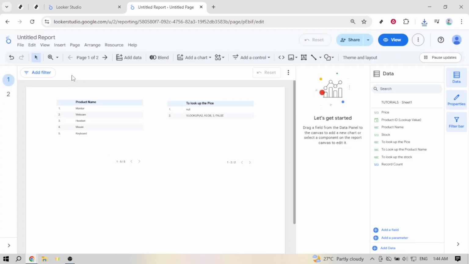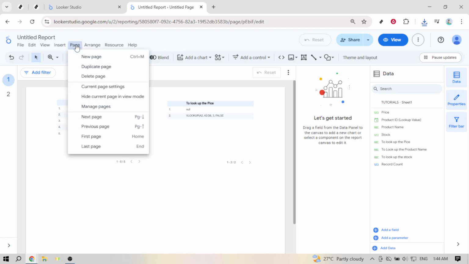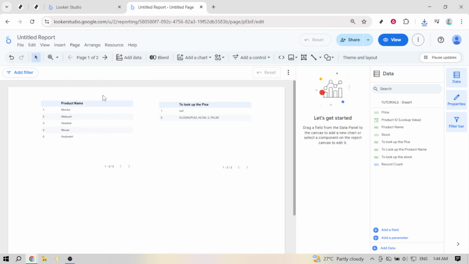Next, look to the top toolbar and click Page. This opens the page-specific options for the report. In that menu, choose Hide Current Page in View Mode. The key phrase here is in view mode. This doesn't delete the page, and it doesn't block collaborators who have edit access. It simply keeps the page out of the viewer-facing navigation so your audience won't see it when they browse the